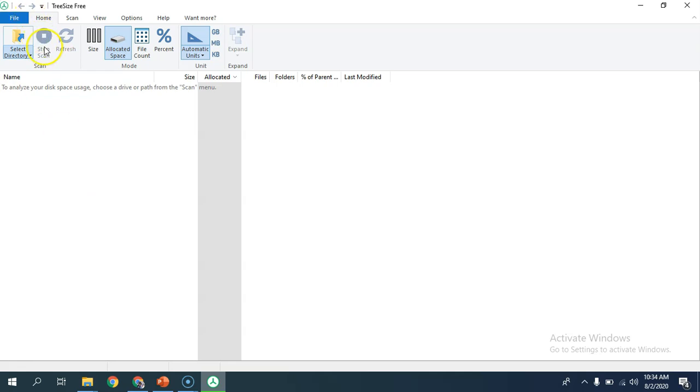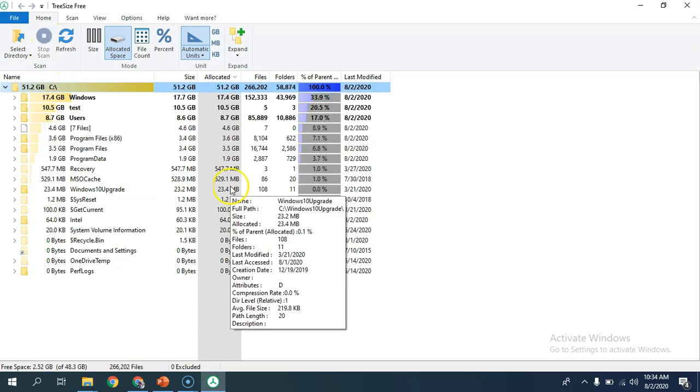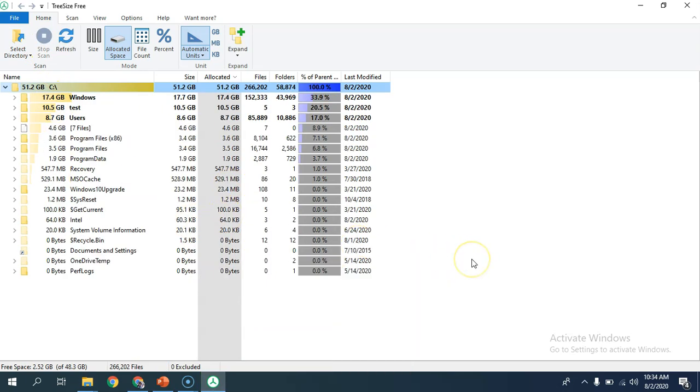This Stop Scan button is showing, which means the scan is going on. It doesn't take a lot of time, but there are other tools which I have seen take a lot of time in scanning these drives. Alright, there we go. Scan is completed. So I can see the Windows folder is taking 17 GB, but that I don't mind.